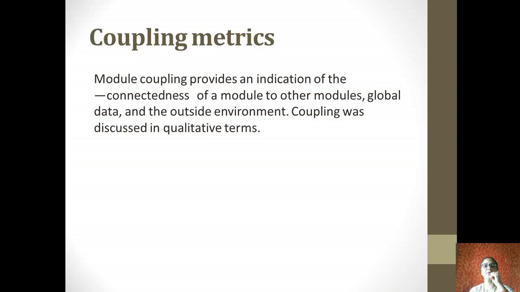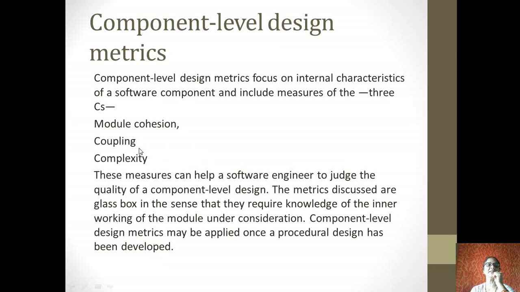So the best program or best coding is one in which there is no dependency of one function on another function. When we say the definition of a module or a function or procedure, it is always an independent entity. So it should not be that the value of one module depends upon the value of another. So there should be independence among the modules. So the coupling matrices should be such that there is a correctness indication between one module and another module. Okay, and the third, we have seen, third matrices, component level design matrices, is complexity.